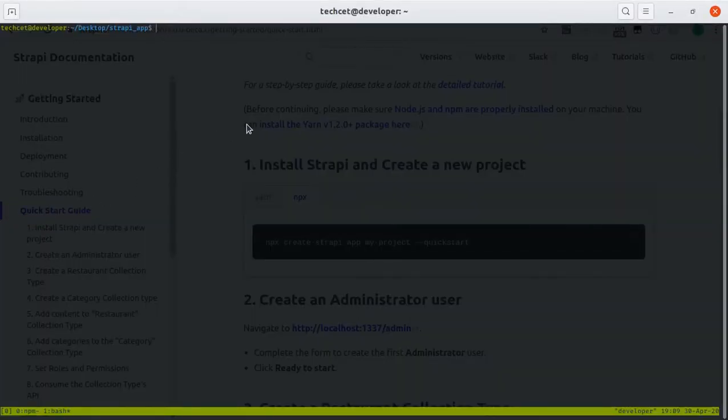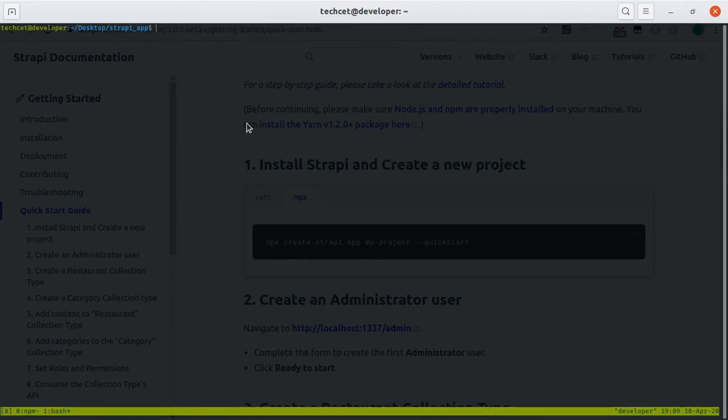Now in terms of data in database, you can use MongoDB or PostgreSQL or MySQL. If you use the quick start option, it's going to set up with SQLite, and that is what I'm going to do so that I don't have to set up a database. But you can easily implement MongoDB or something else, and I will show you where you can add those credentials.